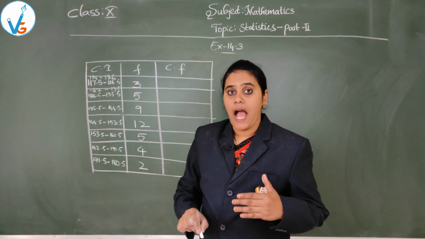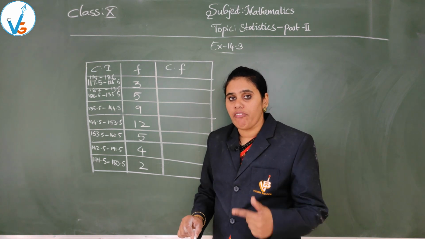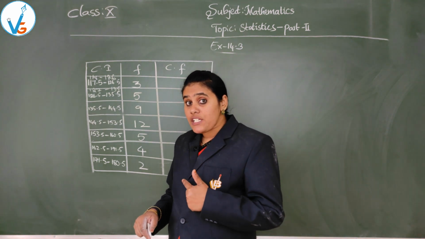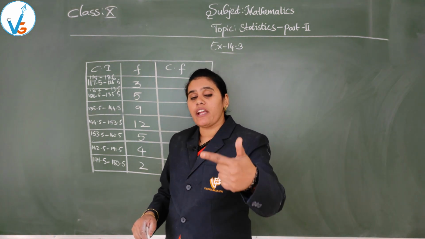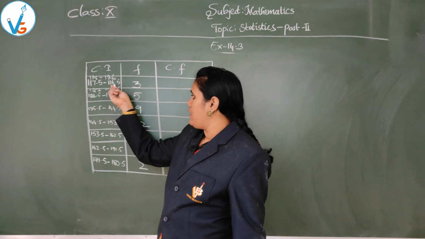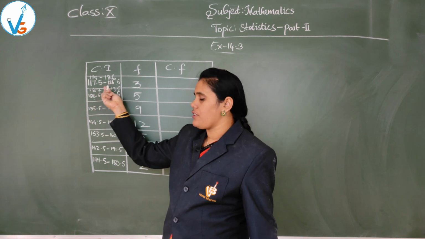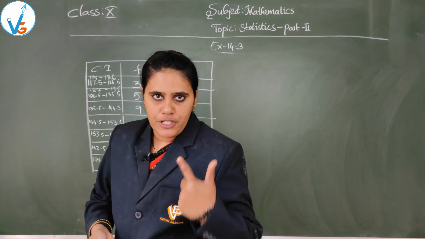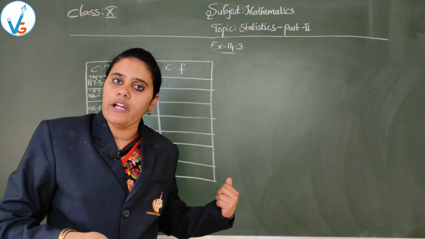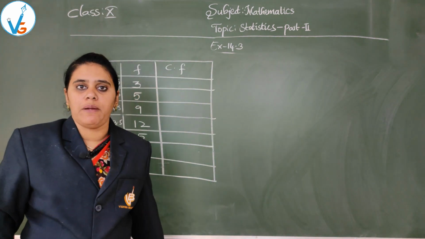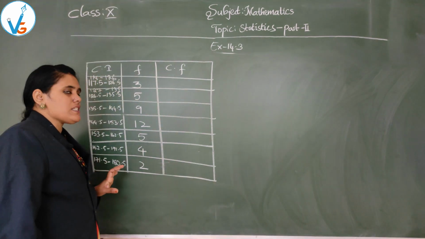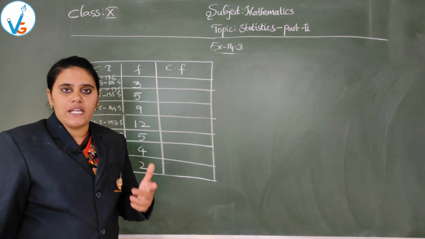But here I am changing the class interval. Why am I changing the class intervals? I am changing them to get regular intervals. Means you have to get your upper boundary of the first one and the lower boundary of the second one the same to get regular class intervals. So all the class intervals have been changed in the same manner.